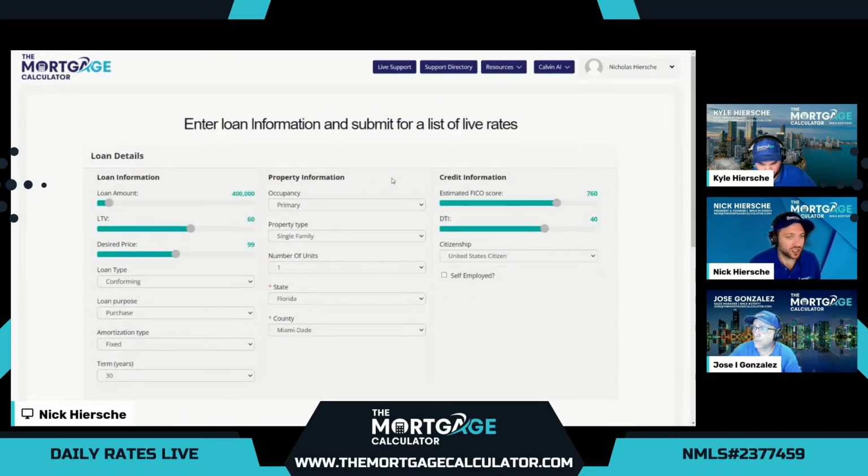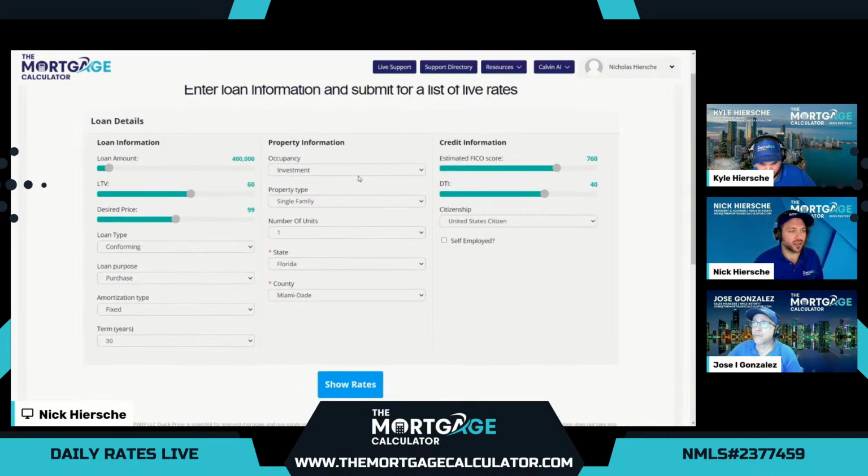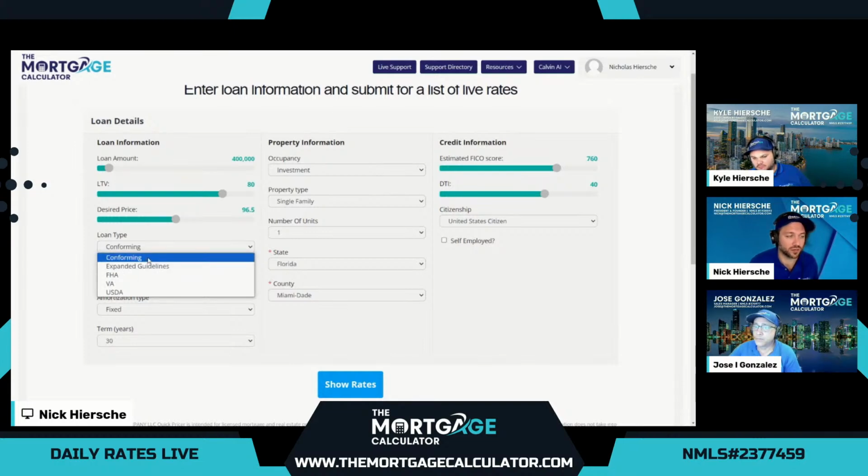And before we go into Jose's example with P&L, we want to do a couple quick investment property pricing examples. So we'll set this to investment property, set this to 80 LTV again. And this time we can buy down an investment property a little bit lower. And we're comparing our programs. We're going to start with conforming conventional and then check out our expanded guideline non-QM options. Remember, government programs don't work for investments, so no FHA, no VA, no USDA options.